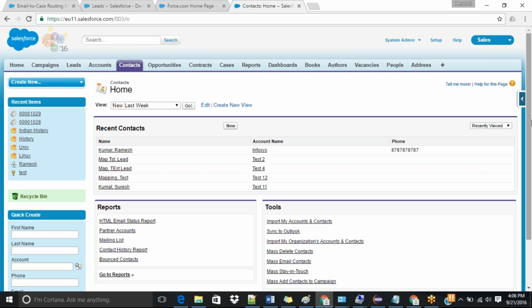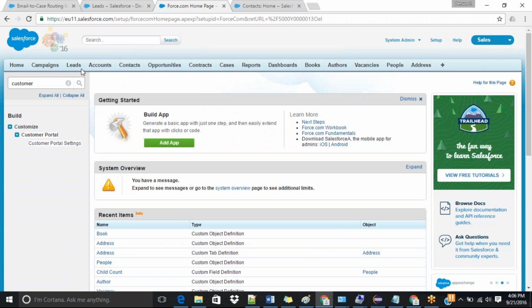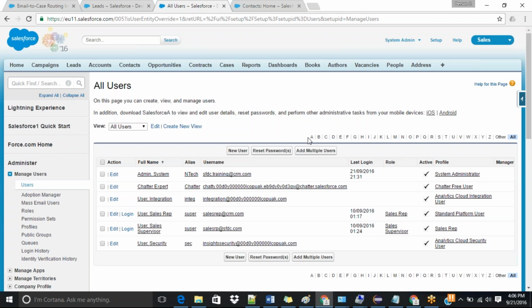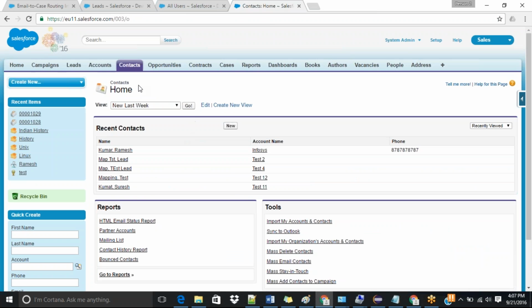Okay, so user will be having his credentials, like we have created some users in Salesforce. Go to users. So these are some users. Okay, so we can create users here. I mean, each contact can become a user. Okay, if you go to some contact,